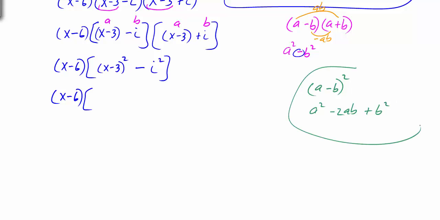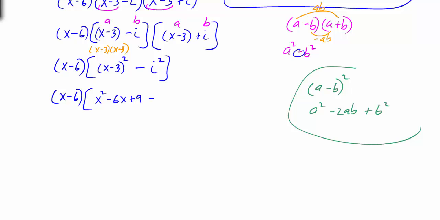So we want to do the same thing here. So we're going to end up with, now again, if you don't like to use the shortcut here, x minus 3 squared, you can think of this as x minus 3 times x minus 3, where you're going to FOIL this out. So we're going to end up with x squared minus 6x plus 9